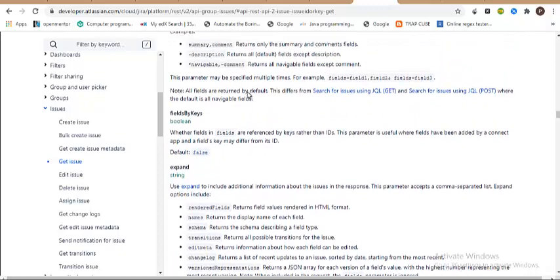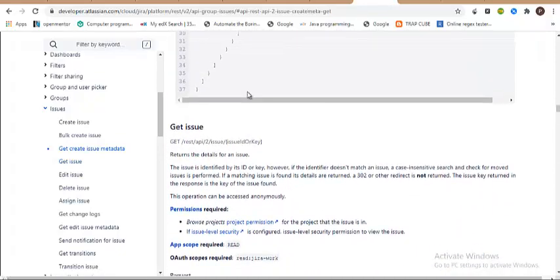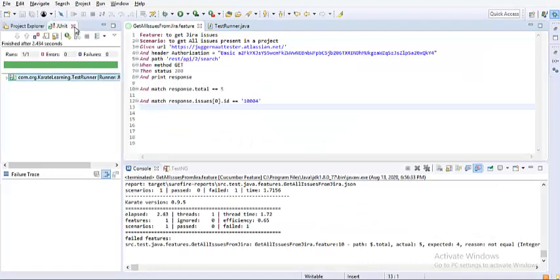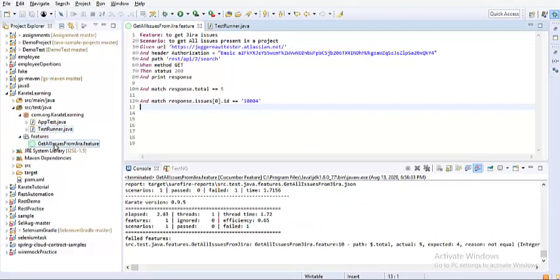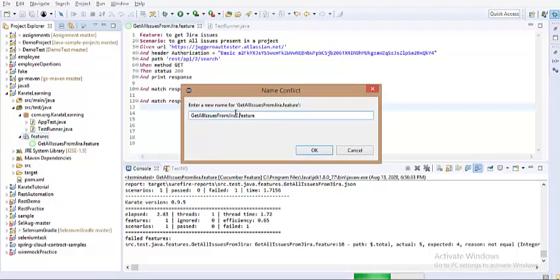Now what we are really interested in is getting a particular issue. So let's copy this endpoint. I will create another feature file. Let me copy paste this, and I'll change the name to get specific record.